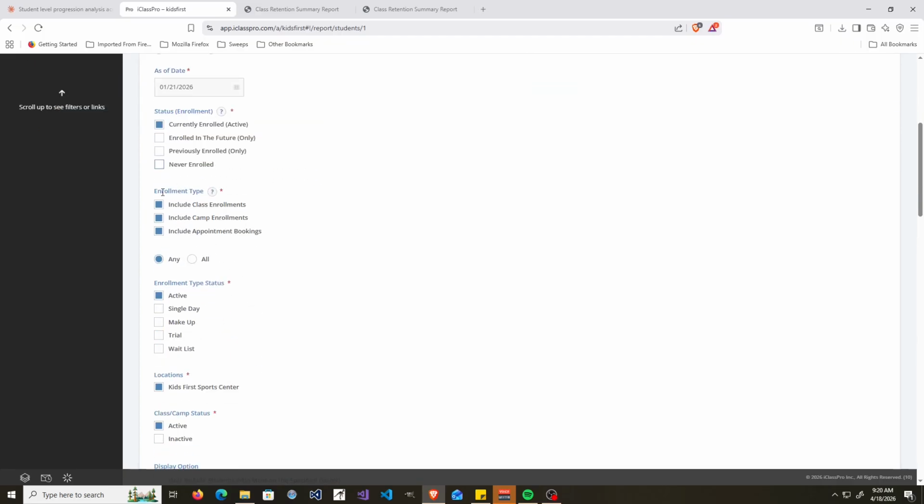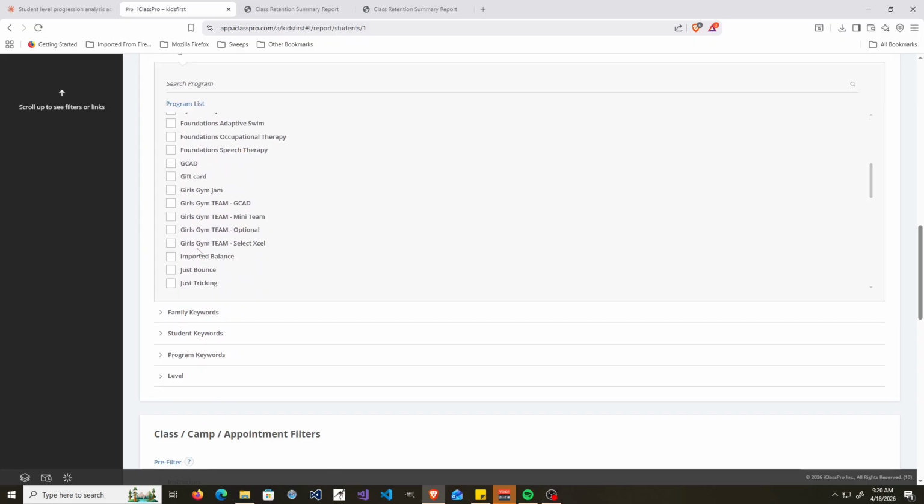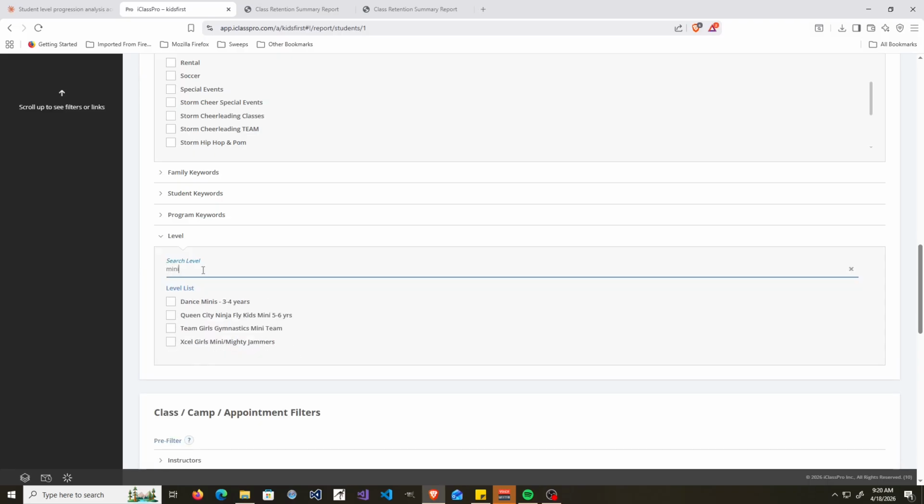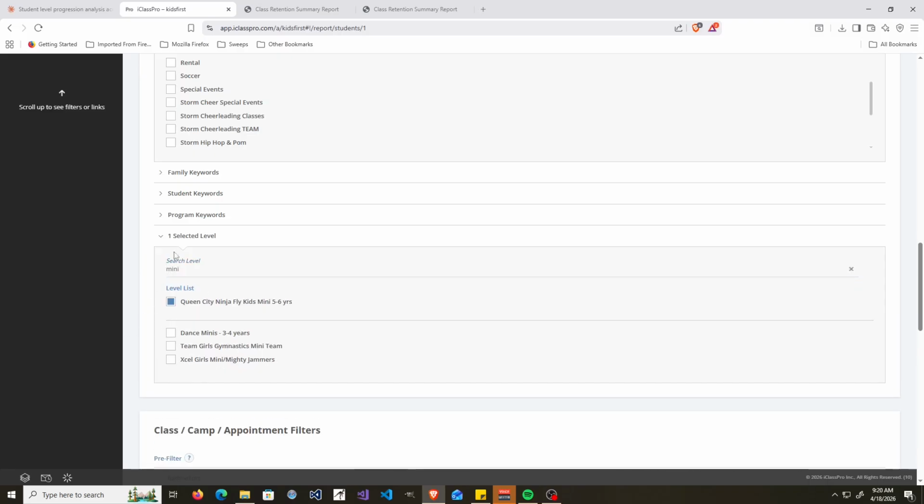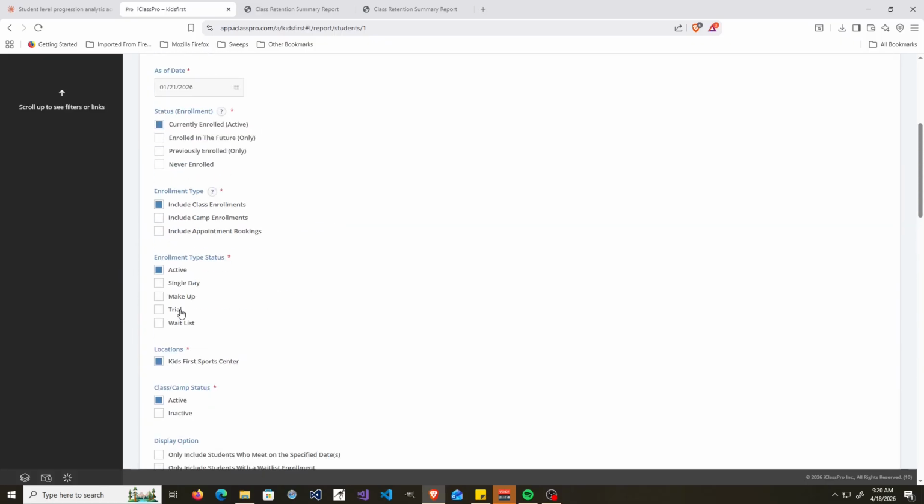We have the option to have different enrollment types. I only care about class students. And then enrollment type status, active. That just means they're not doing a makeup or single day or trial. And then same thing with the program, the Ninja program, because that's what we're looking at. And then level down here, you can select the mini flyers level. So you would run 3 different student reports for minis